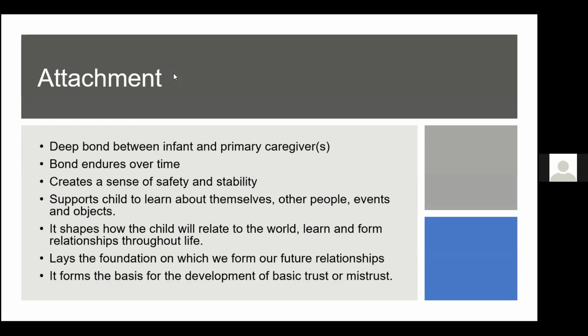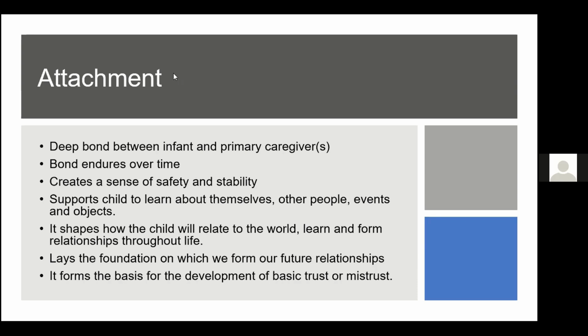Okay, so attachment theory started initially in psychiatry, and it's now recognised to be actually a really vital factor in child development, and really important in the development of various skills for children, and as I said earlier, how they go on to build future relationships and so on in later life. It's essentially about an emotional connection or bond that lays a number of important foundations. So it's that deep emotional connection or bond between the infant and their primary caregiver. That can be multiple, it doesn't have to be a singular figure, but the main, influential caregivers in their lives.